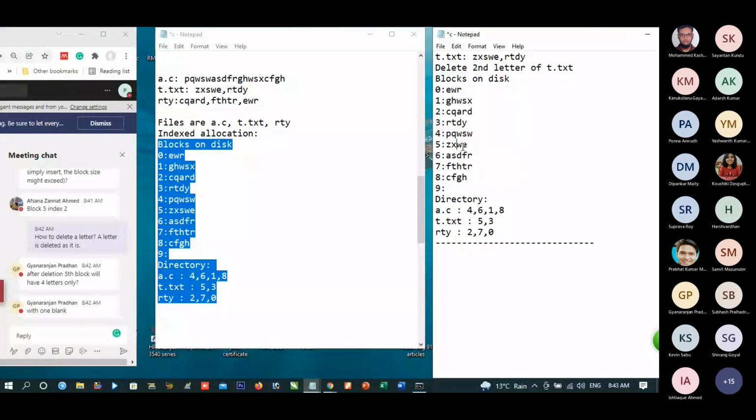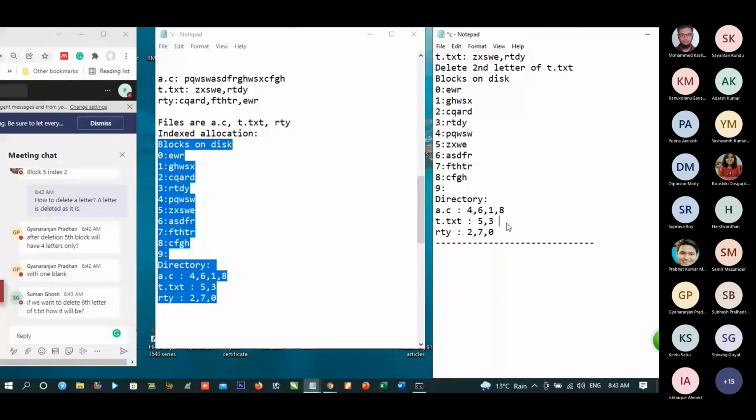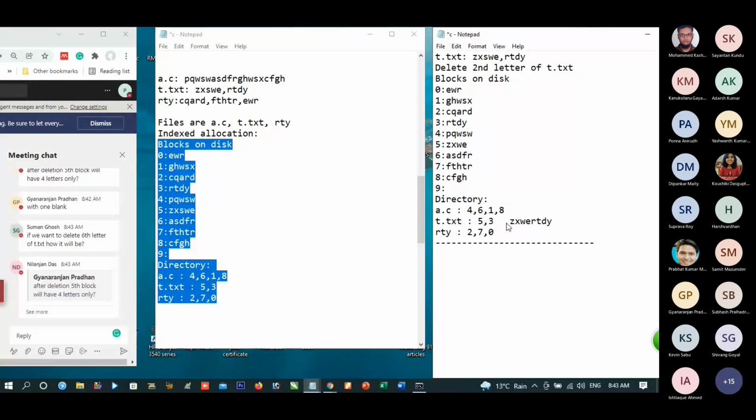So how shall we recover the file contents? We shall go to t.text. T.text is now logically 5 is ZXWE followed by 3 is RTDY. Is it correct? Any doubt?